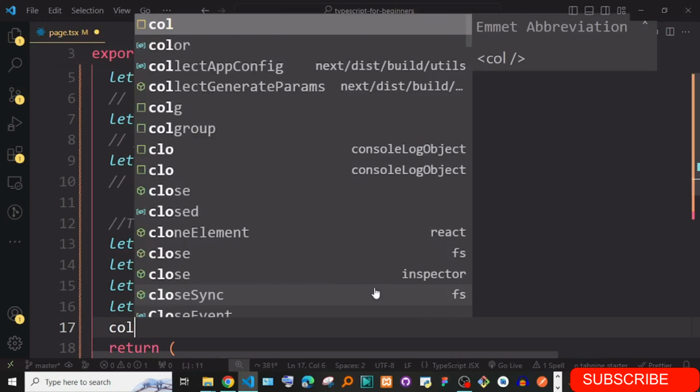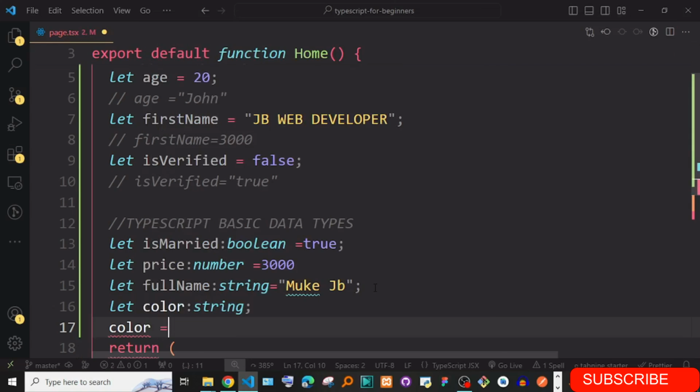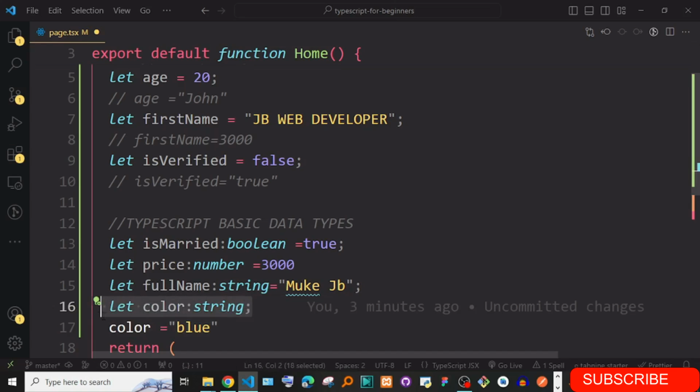Then later you say color is equal to blue, and this is okay. You can first define it outside here and later on give it a value, or you can give it a type and initialize it with a value right away.